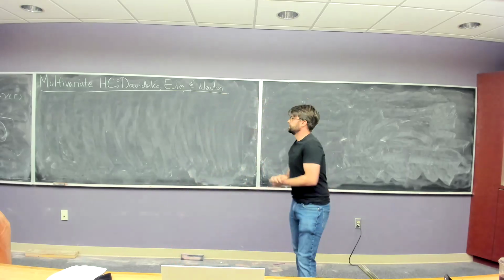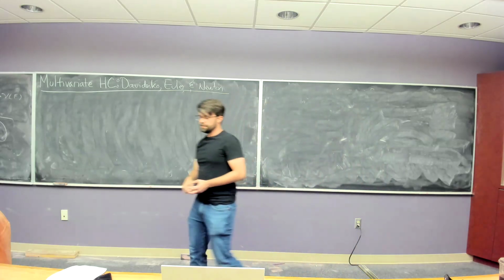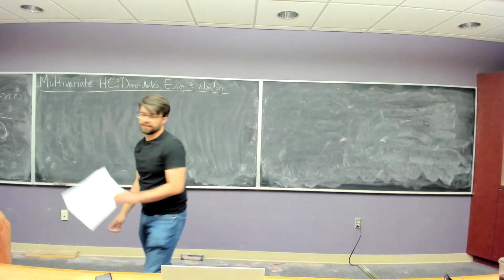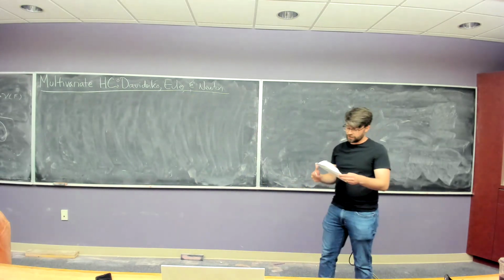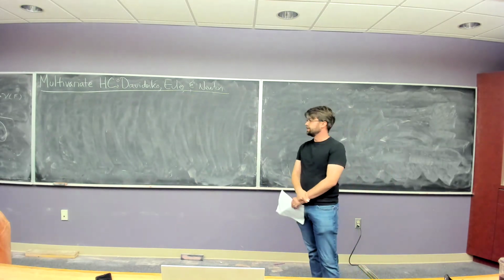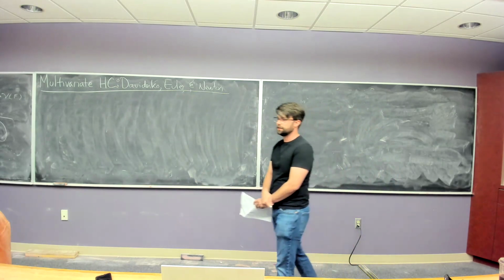Okay, welcome back, everybody. We are going to continue our discussion on multivariate homotopy continuation today. Specifically, we'll derive the multivariate Davidenko differential equation. We will talk about what an Euler step looks like. We'll talk about what a Newton step looks like. And to begin, I just want to remind us of an example that we ended on last class,